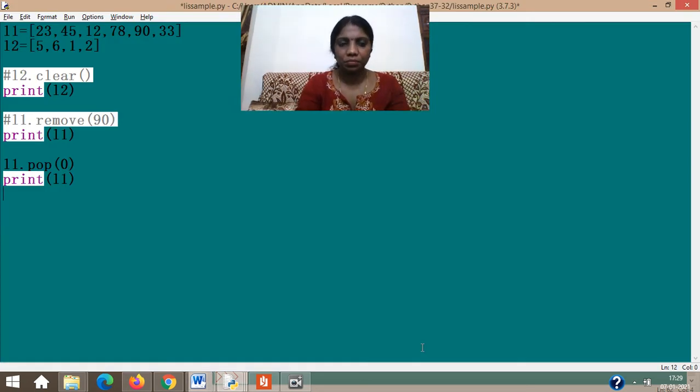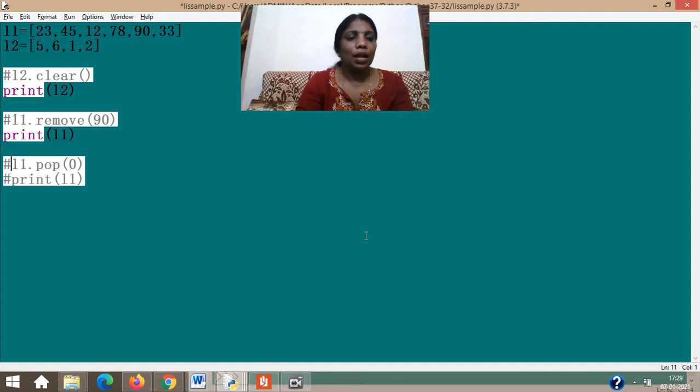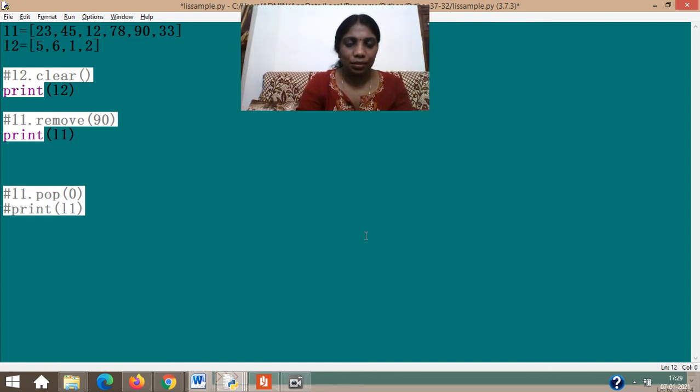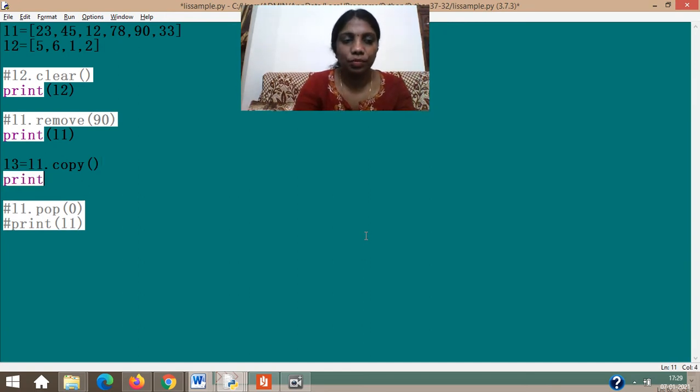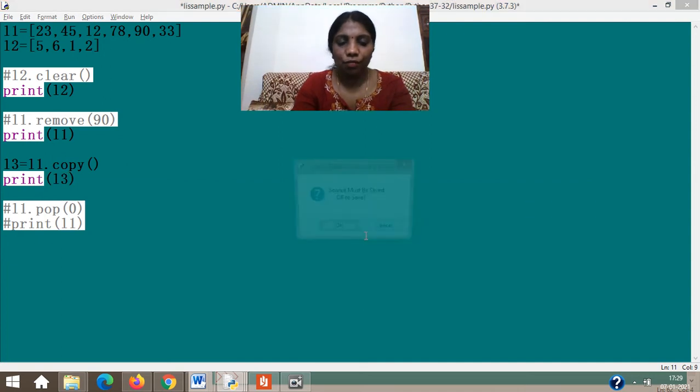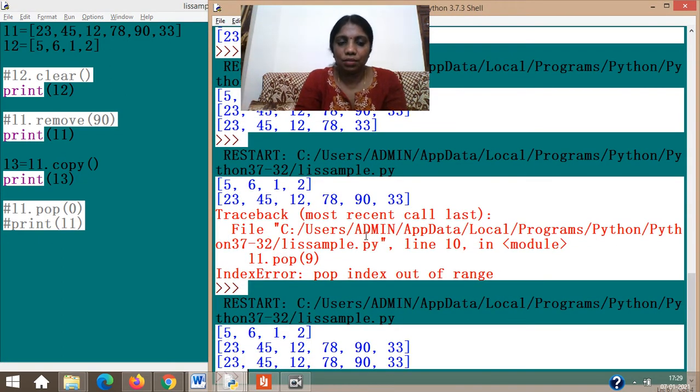As the name indicates, I hope you have already noted this down when we explained. Otherwise I'm commenting and keeping it, so I can keep it ready. I can also comment this out because I don't require it. Let's take it this way: L3, a new list, equal to L1 dot copy. As the name indicates, the copy function creates a new copy of the existing list L1 and stores it in L3. If I run the program now, this is the answer. L1 has the same set of values, and L3 also has the same set of values. So that's copy.